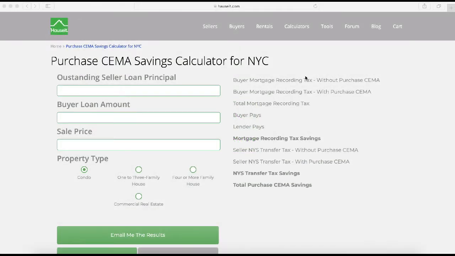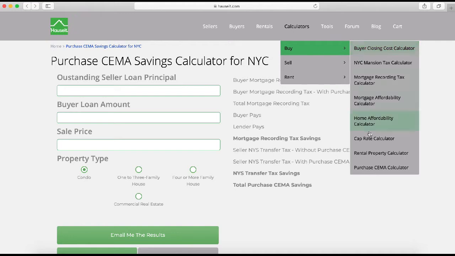In this tutorial, we will be showing you how to use the Purchase CEMA Savings Calculator for New York City, available at Hauseit.com. If you're not already on the calculator page, you can get here by visiting the Hauseit website. The spelling is at the top. Now, once you're on the website, click on the Calculators tab, navigate to the Buy menu, and scroll down to